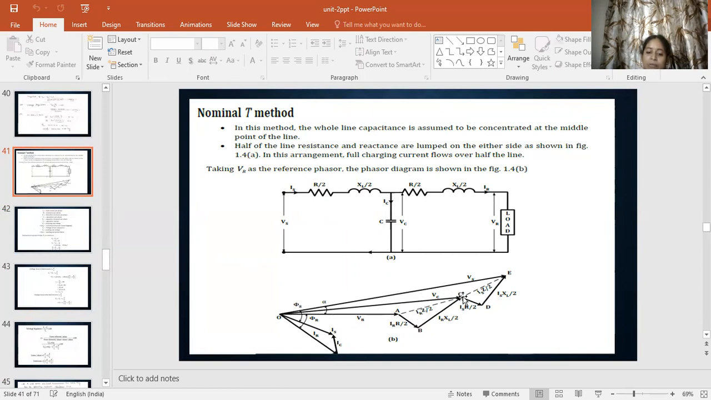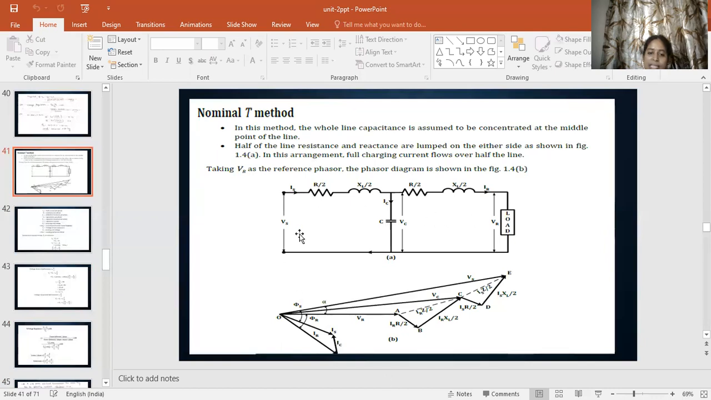We can get the value of VC, and for the VS value, VC plus drop. VC plus drop can be added and then we get the value for the VS, and VC and drop, IS into R by 2, resistance drop and inductance drop can be added, and we can get the value for the VS. Okay, this is the phasor diagram, and with respect to VS,